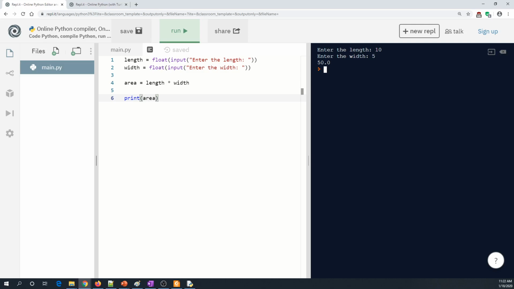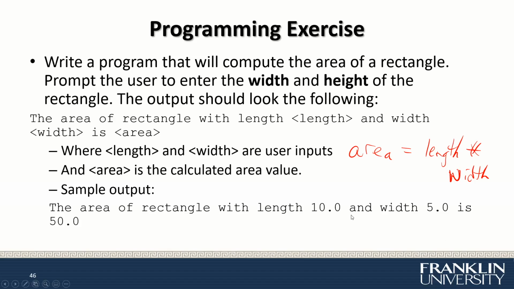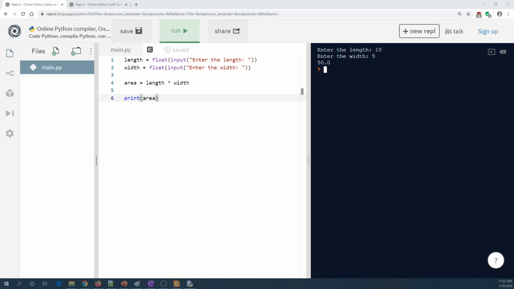If you look at the program requirement, I want you to display the area of a rectangle with length 10 and width 5 is 50. So how do I have a statement like this then? We know the program is working, so now we're going back to make the output look better. So we can